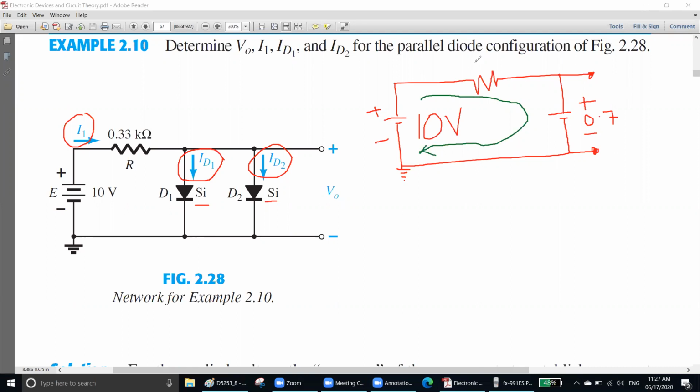Now apply a KVL. Since current is going in this direction, this will be your plus, this will be your minus. Now we can apply KVL. So this is our plus, this is our minus, this is our minus. We will take this sort of sign, plus, minus, minus. Now apply here plus 10, minus what? This voltage, right? What is the resistor voltage? I into R. What is I? I is equal to I1 into R, then minus 0.7 is equal to 0. You understood? Yes, sir. Okay. Now the next one. From here we can find out the value of I1 because R is known. R is 0.33. That is known. So from there we can say